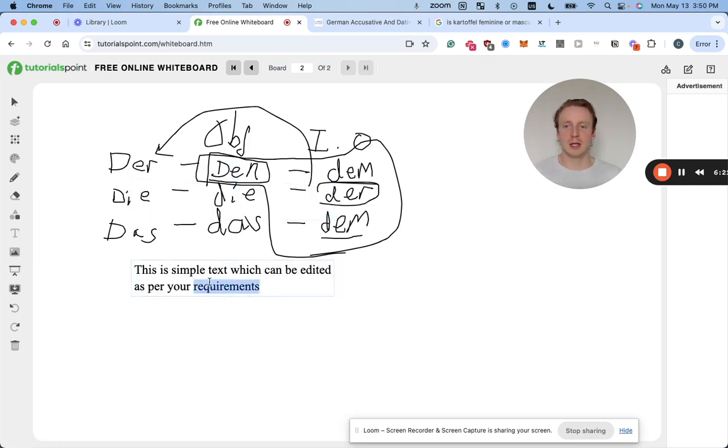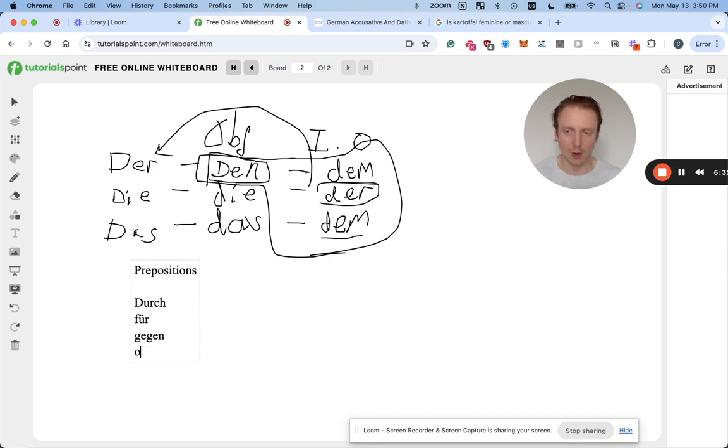Well, the most important thing is with the prepositions, right? So there are certain prepositions, like parts of a sentence. I'll give you them: durch, für, gegen, ohne, right? So this is through, for, against, without, like around, kind of. And these are the ones that turn it into accusative, which is like the same one. So these turn into this.